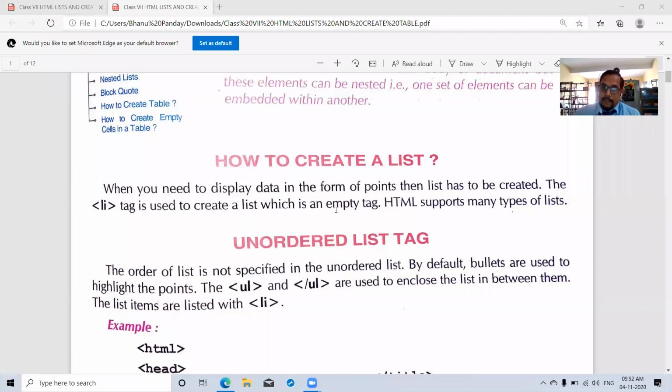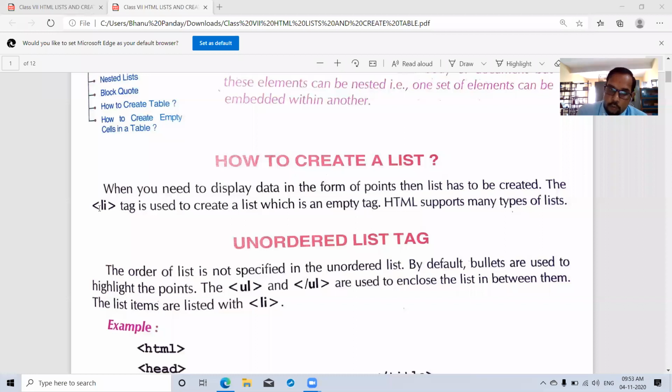Means here LI is an empty tag, but HTML is a very popular language. We know about this. Okay, so LI either you have to write in empty manner or you have to write in paired manner. Both is acceptable. According to definition, it is saying that LI tag is an empty tag. LI जो है वो empty tag है.